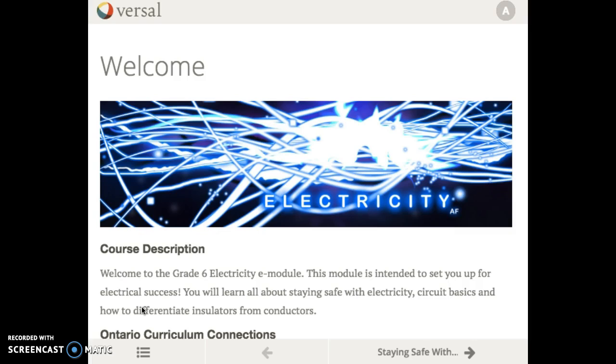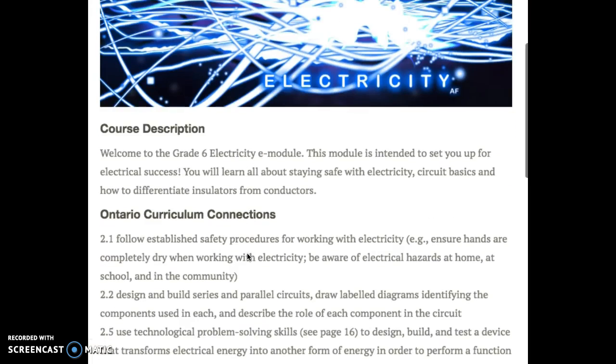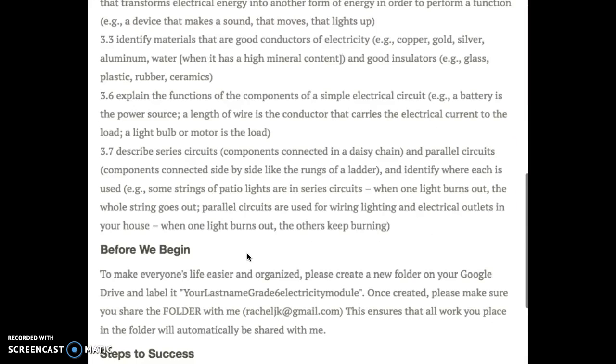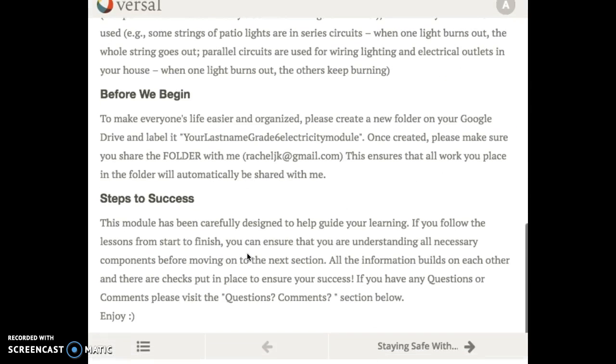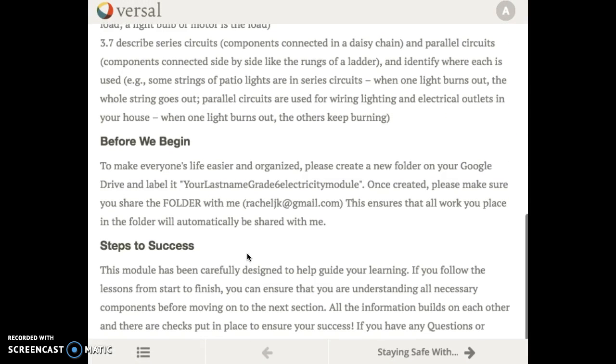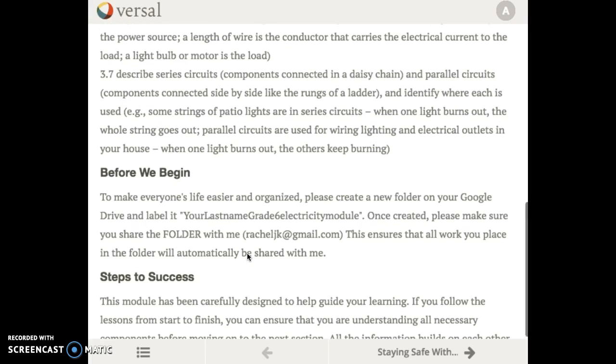So first we'll start at the beginning, how interactive the site was. I was just talking about how the content was specific, not too broad as to overwhelm your students. You were just looking here at circuits, and I thought that was great that you didn't put too much on your plate for what to teach. The user has the ability to move through,